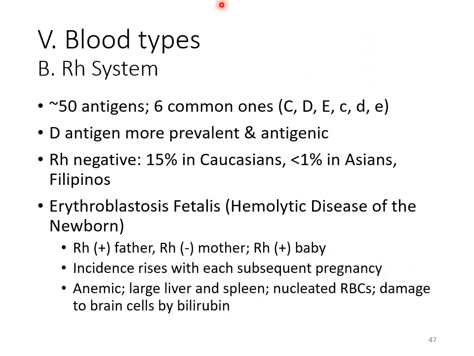Another blood type system is your Rh system, and your Rh system is composed of 50 antigens with 6 common ones with the following designations. The capital letter indicates the presence of the antigen, the small letter indicates the absence of the antigen. Of these antigens, it's the D antigen that is more prevalent, more antigenic. That's why it's the more clinically relevant one. So when we say someone is Rh positive or Rh negative, we usually are referring to the presence or absence of the D antigen. In the population, Rh negative comprises around 15% of Caucasians and less than 1%